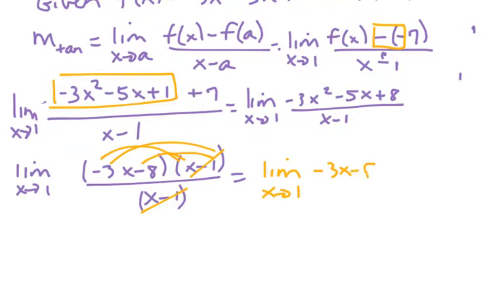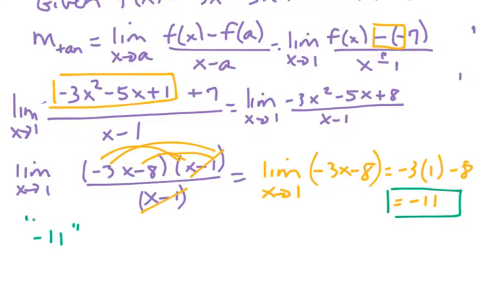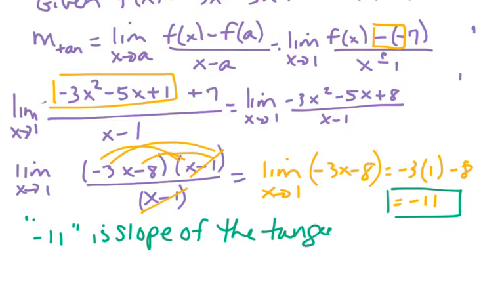Minus 3x minus 8. So substitute in 1, and you get minus 3 times 1, minus 8, and the answer there is minus 11. So what is minus 11? Well, minus 11 is the slope. That's the slope. So minus 11 is the slope of the tangent line. I just want you to understand what you just saw for the slope of the tangent line at the point